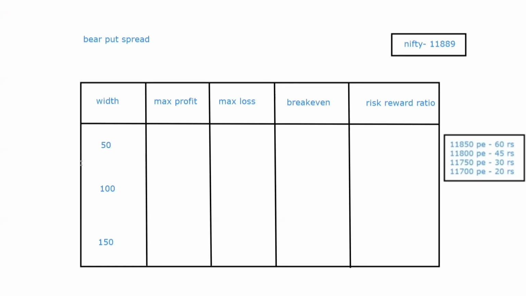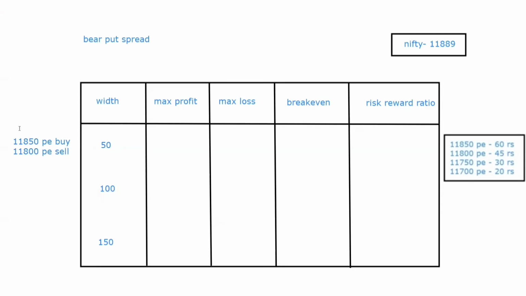अब ध्यान रखना 50 rupees का spread अपन ने previous modules में भी किया है. How to calculate, right? We have done all the spreads using a 50 point width, right? 50 point की width पे करते थे अपन. Now we have to compare it with a 100 point width and a 150 point width. ठीक है? तो क्या करना है अपन को यहाँ पर? First we'll take an example that we are buying 11,850 put and selling 11,800. Right? Buying higher, selling lower, bear put है, right? And the width over here is 50, right? 50 का difference है दोनों के बीच में, right?